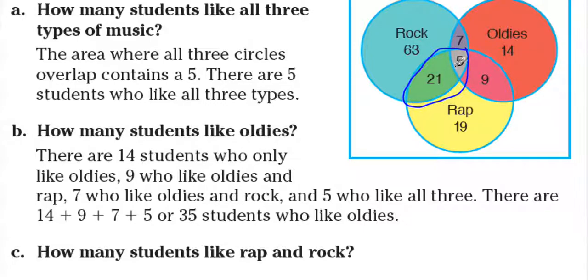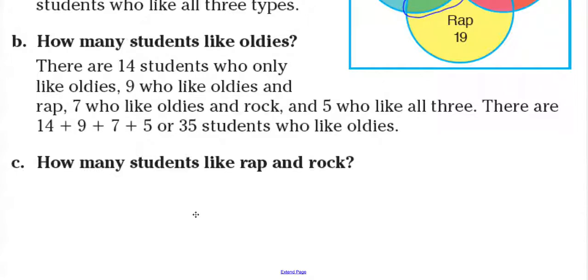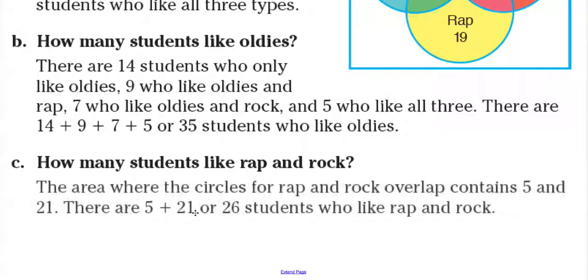Okay, so 21 and 25 is where they intersect. That you are going to use to answer the question. 25 plus 21, or 26 students like rap and rock. Okay,